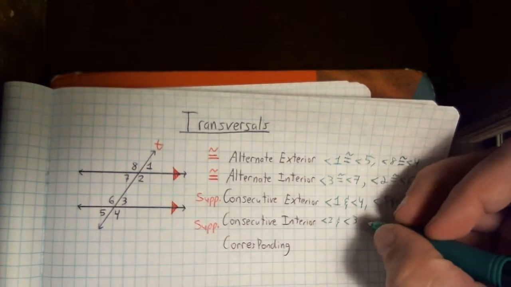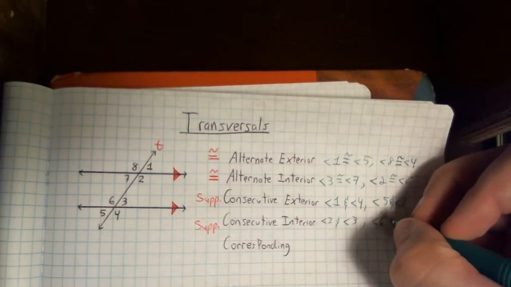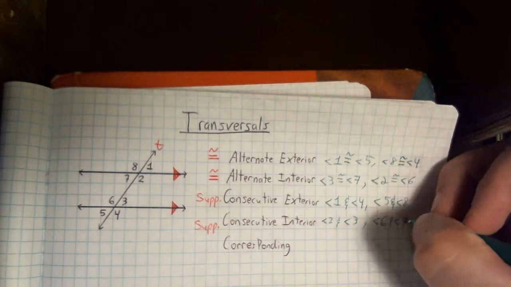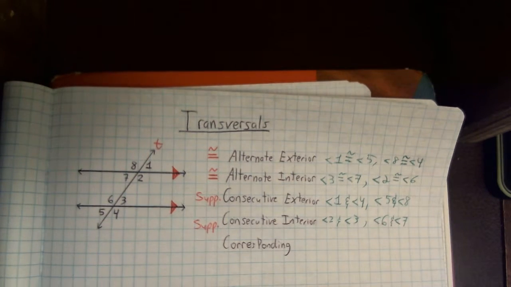And the other set we have is angle 6 and angle 7. Okay, those angle pairs will all add to 180. And the last one we have is this thing called corresponding. This one becomes tricky. A lot of people kind of forget the difference between corresponding versus some of these other properties. Okay, corresponding, we're going to have one interior angle, one exterior, both on the same side of the transversal,